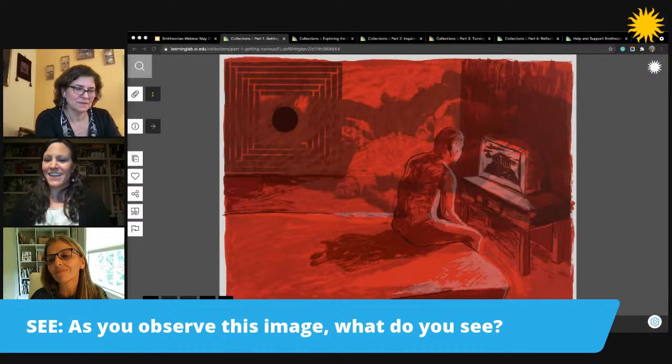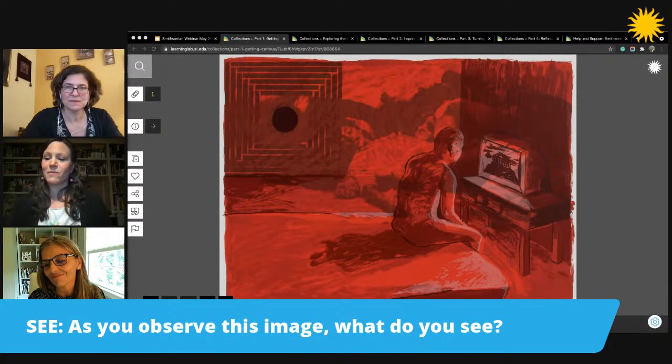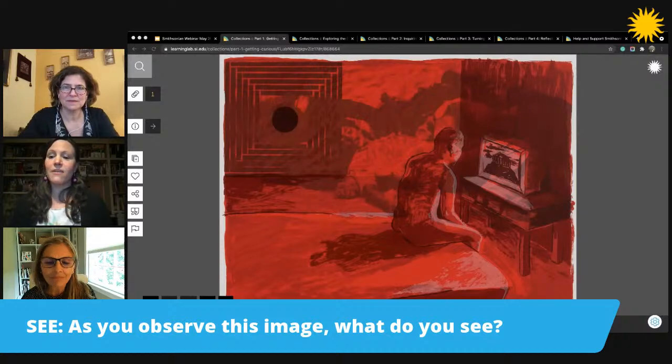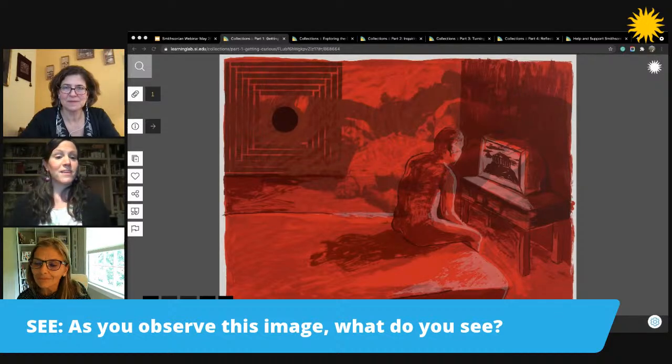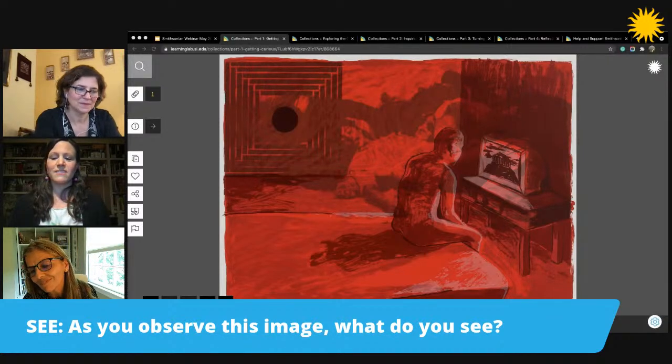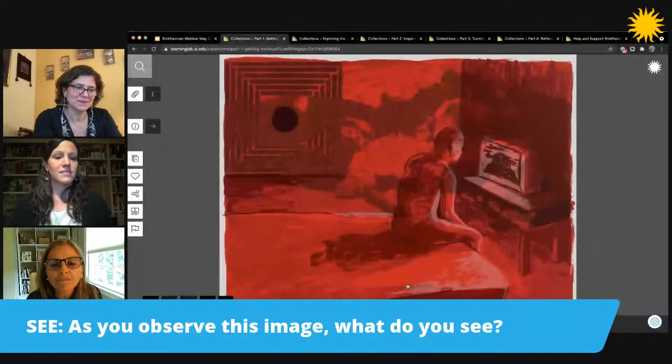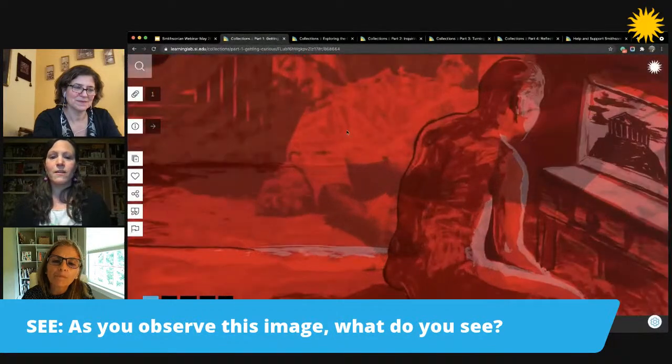I feel that. Faded image of people off to the man's left, a lot of red, making you feel uneasy, the interior of a room, and someone sitting on a bed looking at something, question mark. Yes, it's a bit tricky to see. Faded images of people off to the man's left, and we're noticing quite a bit.